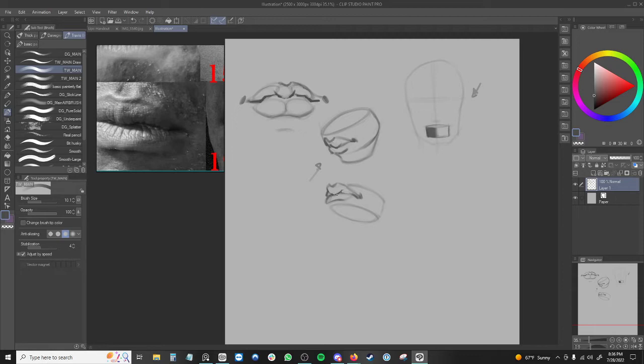A lot of times when you're drawing lips as well, you can get away with just putting a little bit of a darker spot in the middle of the lips, and that sort of acts like, we'll talk about that when we get into the more rendered part, but that sort of acts like the mouth is open, and it implies some motion happening there. That's something that you want to strive for if you're going to be drawing lips or a mouth or something like that, is to strive for this idea that